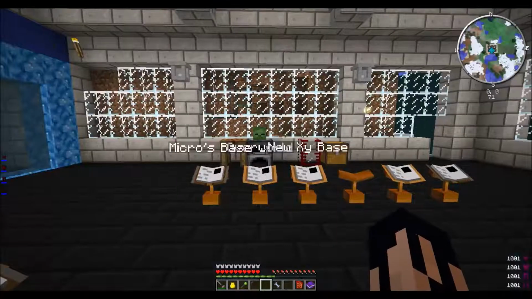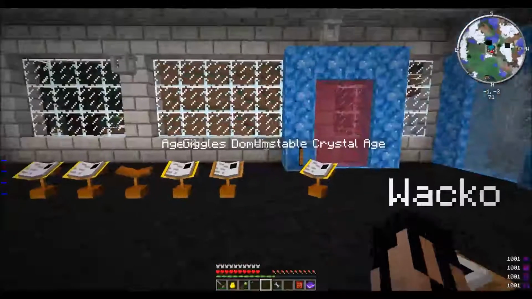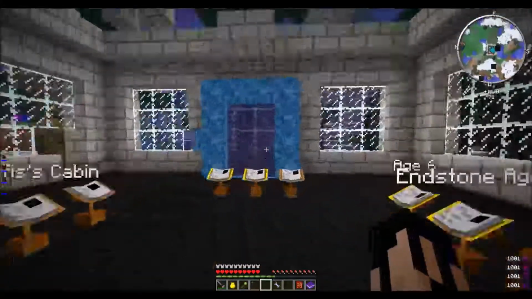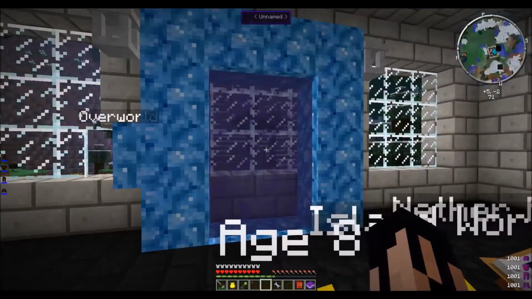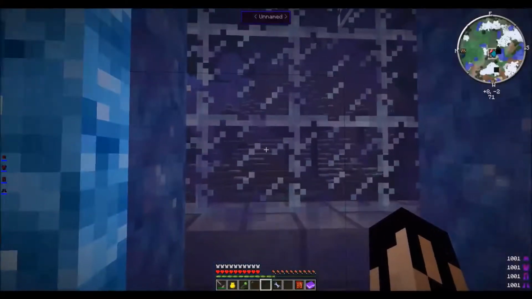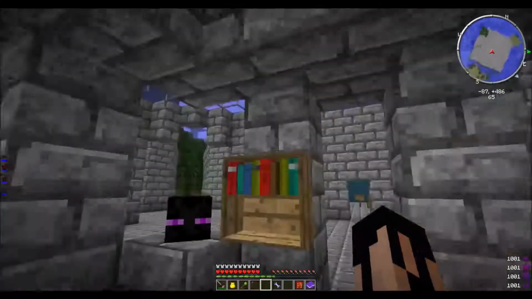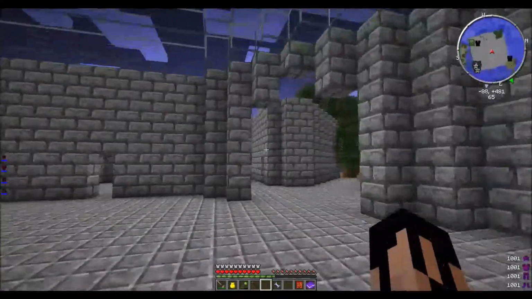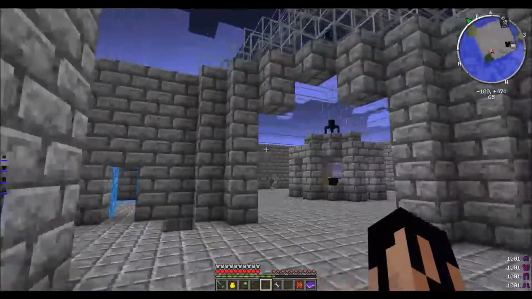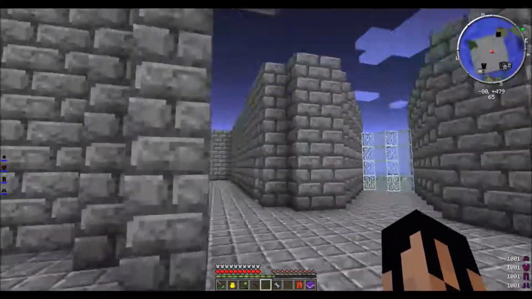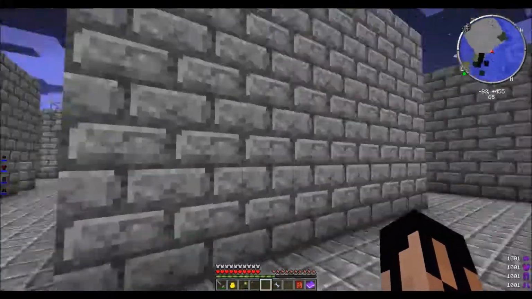As I showed you, I think starting last episode, Gil and I have collaborated to make a new spawn building. And you saw me trying to find Gil's witchery setup